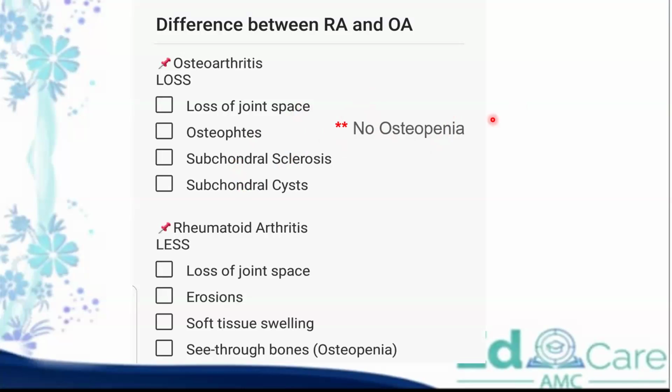Also remember to keep in mind some of the pictures of these X-rays, because those can also come in your exam and they can ask you what this is. Again, they'll confuse you. They might give you a history depicting rheumatoid arthritis, but the X-ray might be osteoarthritis. So they do that.